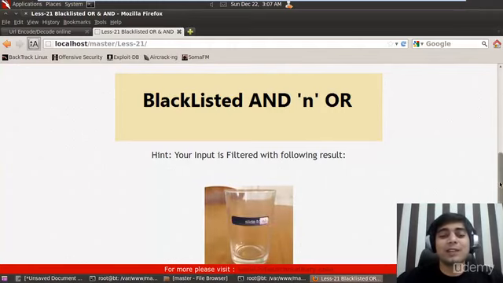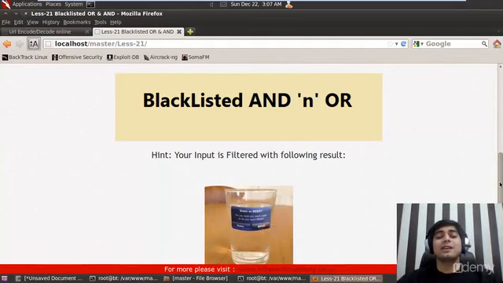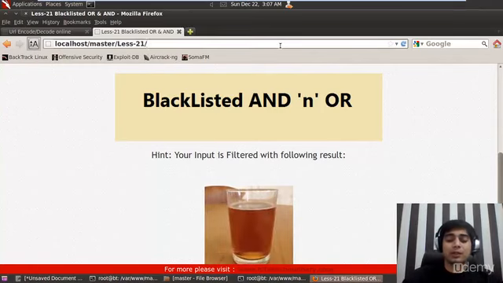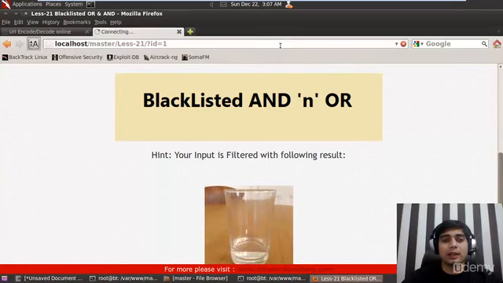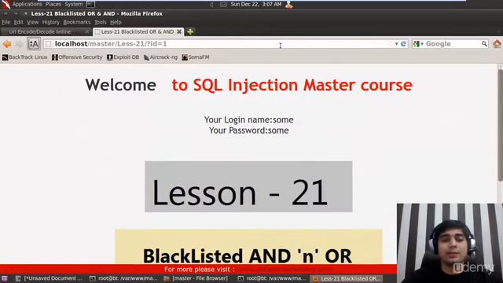So let's check what this is actually talking about. Question mark ID equals 1. If I do that, it gives me sum and sum, that is the username. If I give it a 2,